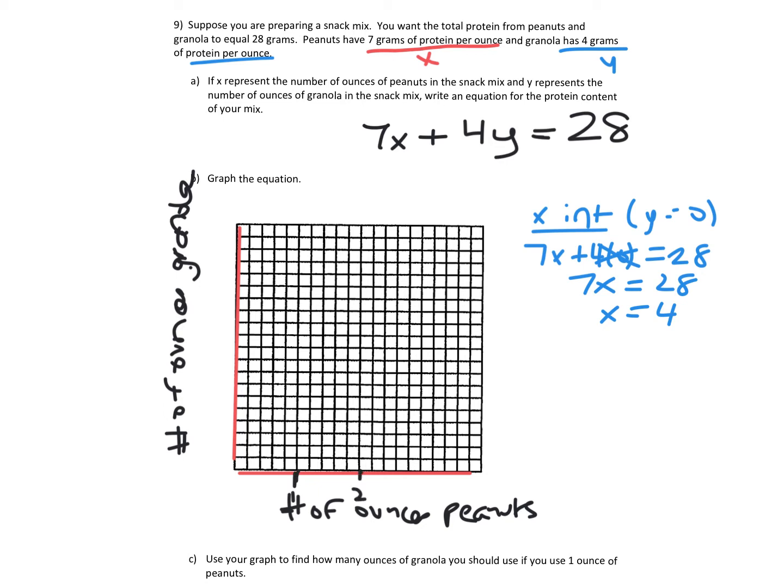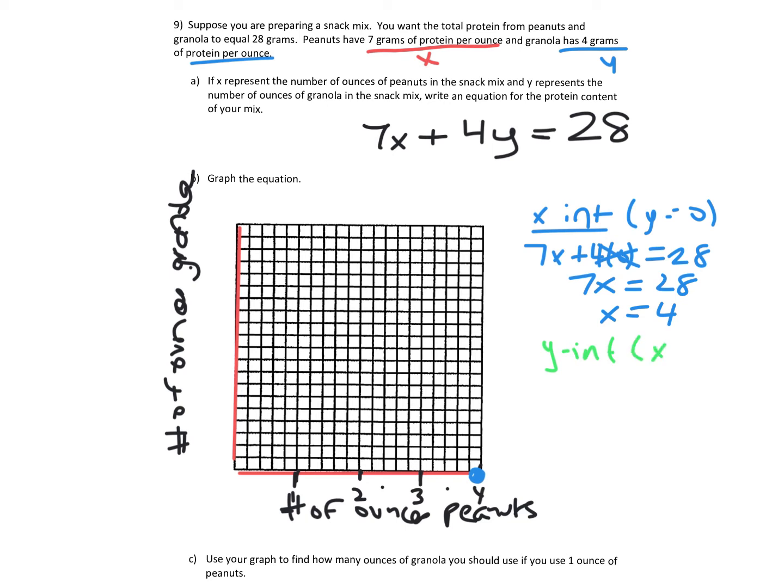This will be 2. Actually, that's not going to work. Oh, it will. 1, 2, 3, 4, 5, 4. So that's actually perfect because my x-intercept is right on 4. And then to get my y-intercept, I'm going to